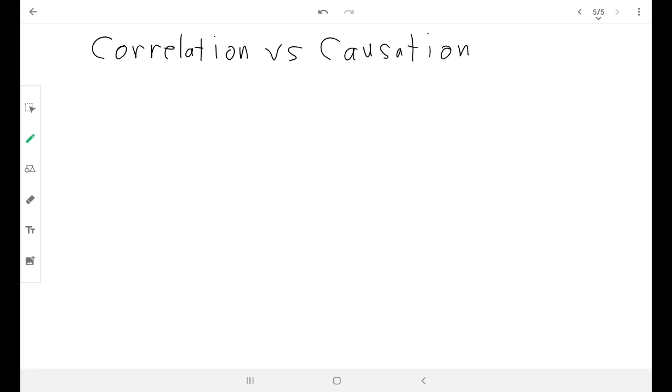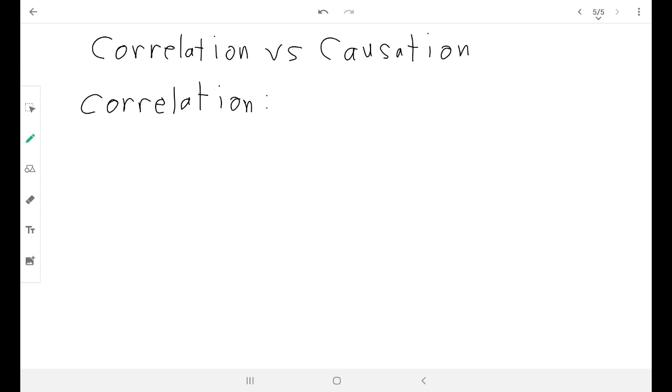Let's talk about correlation versus causation. Correlation versus causation. I think what I'm going to do is tell you what they are first, and then I'll talk about the difference between them. The difference between them is the difference really between understanding some really important things. This is a pretty important subject here. So let's talk about correlation